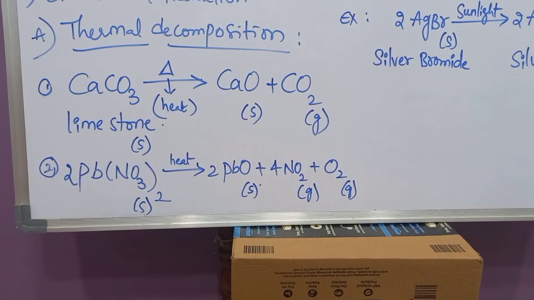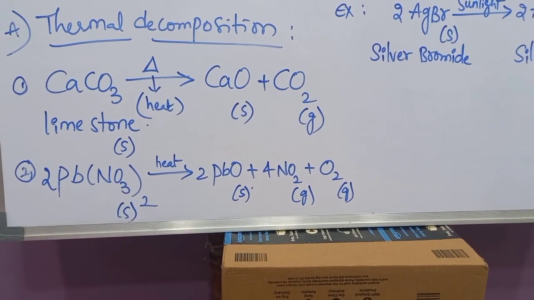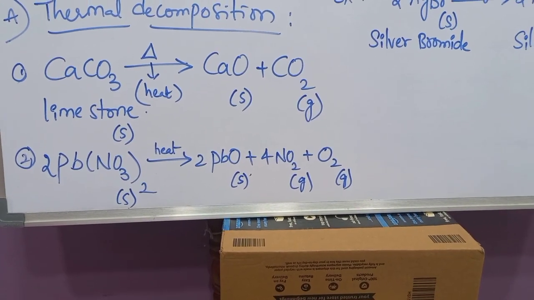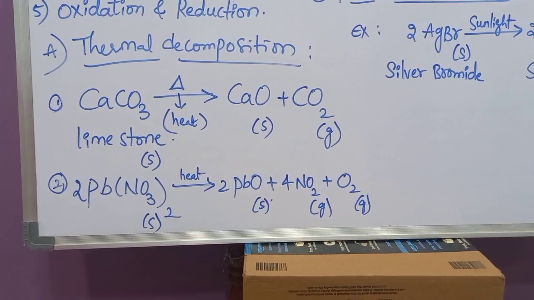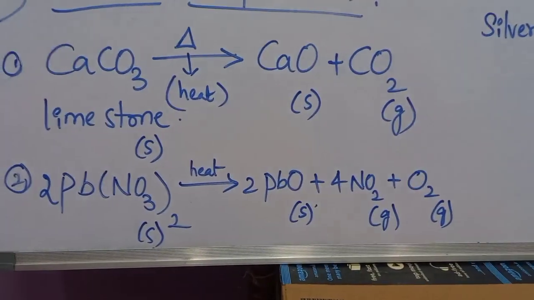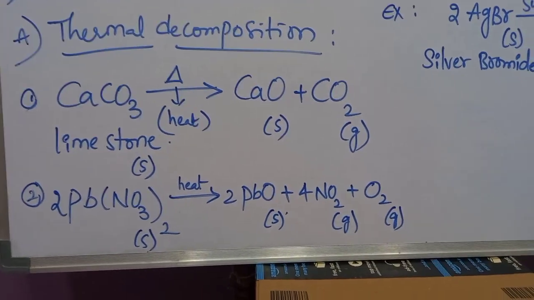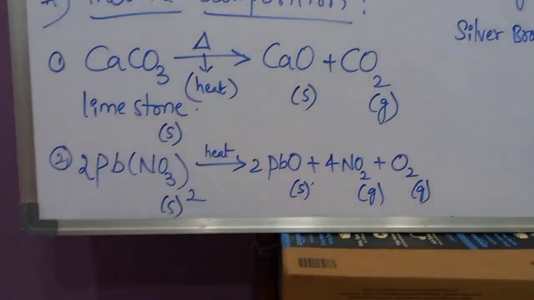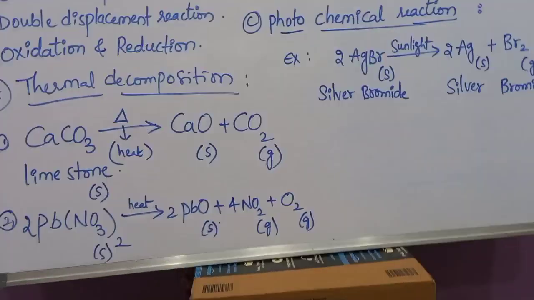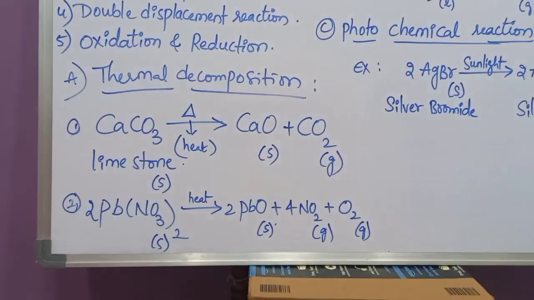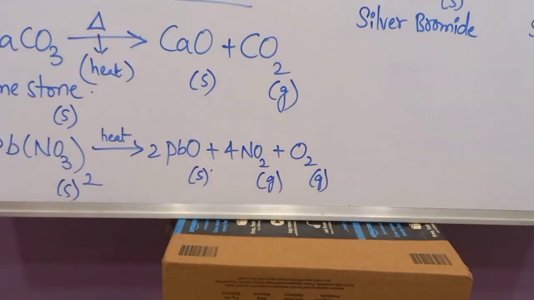products. We have to remember that decomposition is a reaction where we get two or more products, whereas the reactant will be only one. In these two cases, we can see there is only one reactant, whereas in the first one two products are there, and in the second one three products are there. So this is about thermal decomposition, as this decomposition is taking place by passing heat energy. And the next one is